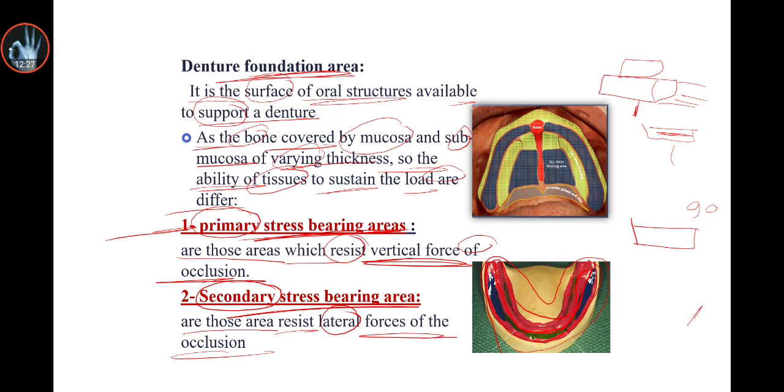So like creating what we called يعني بيسوي لنا زاوية منفرجة. So the loads will be like this. Okay. So this is the secondary stress bearing area. This is the load. This is the primary stress